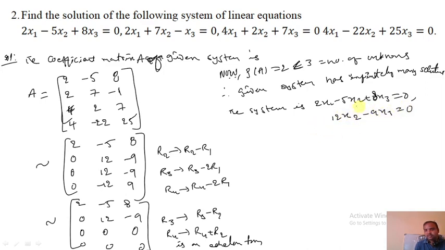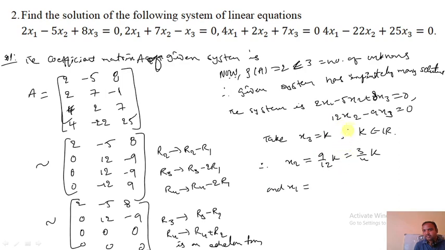So now here x2 is there, and x1, x2. Now one free variable is there. Now take any one of the values, x3 or x2. Suppose I am taking x3 equal to some k, where k is any real number. Therefore x3 equal to k. What is x2 equal to? x2 equal to 9 by 12 k, that means 3 by 4 k. And x1 equal to,